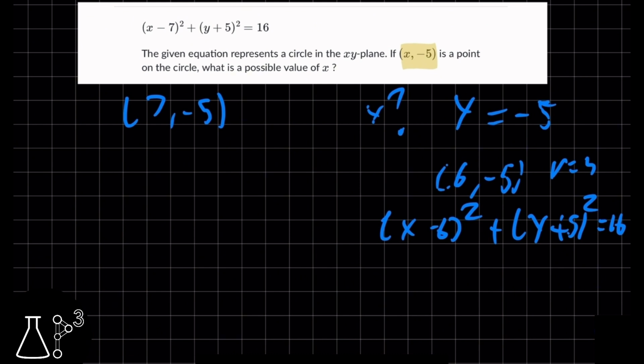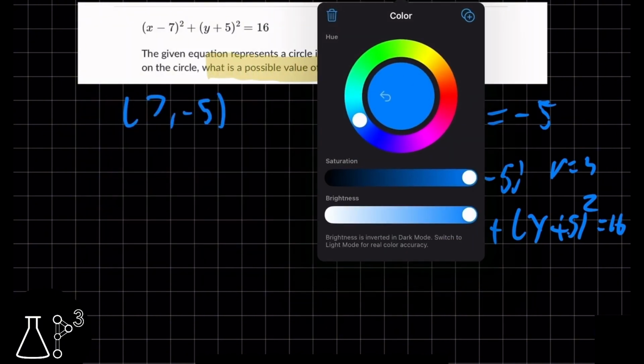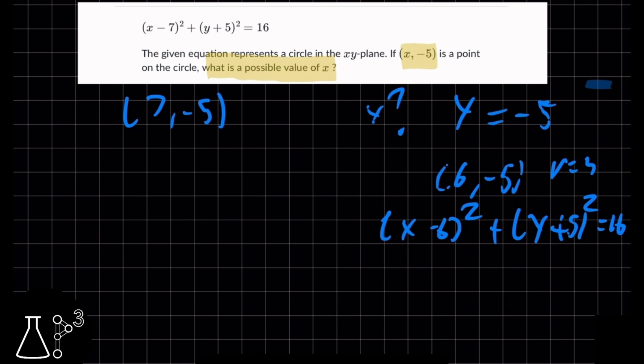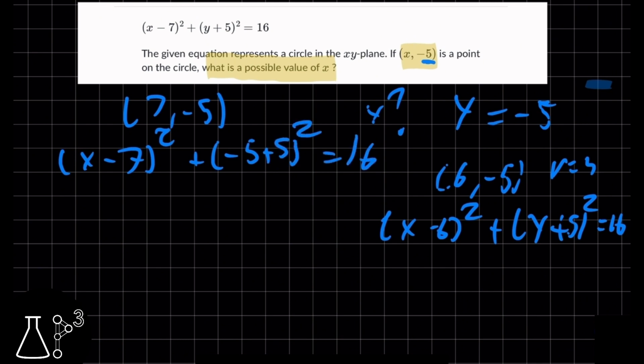But they're asking us what is the possible value for x. So what we can do is plug in the y value that we're given, -5, in order to figure out the x value. We plug the y value into the equation. We will have (x minus 7) squared plus (-5 plus 5) squared equals 16. Now let's simplify it: -5 plus 5 equals 0, squared,